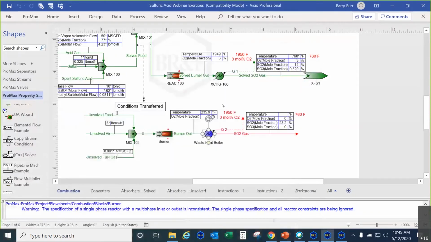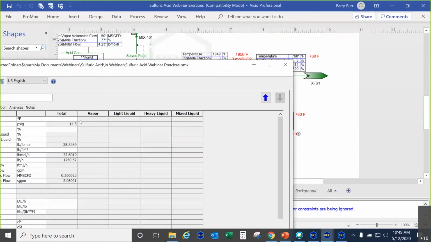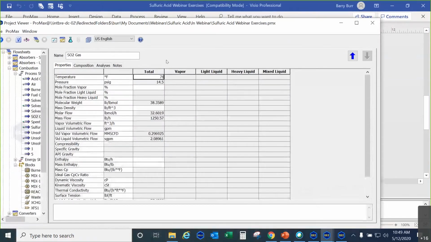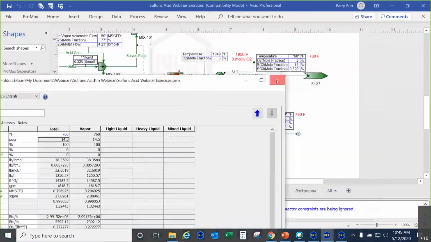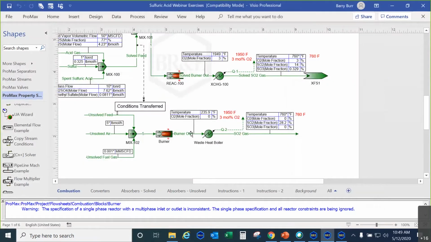And we're going to set the outlet temperature to be 760 degrees F. So now that solves. But we're very far from our desired conditions because we haven't got the right air rate or the right fuel gas rate. So the first thing I want to do is create a solver that